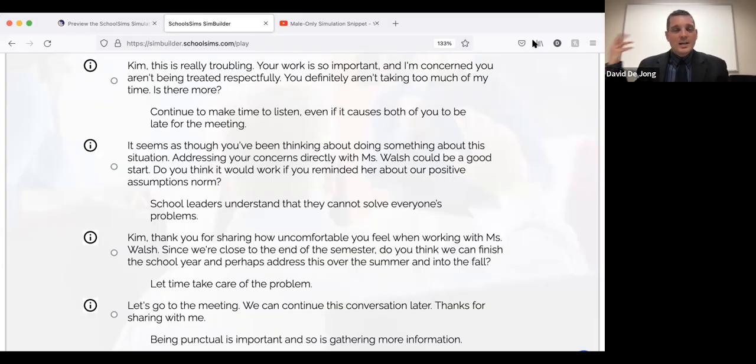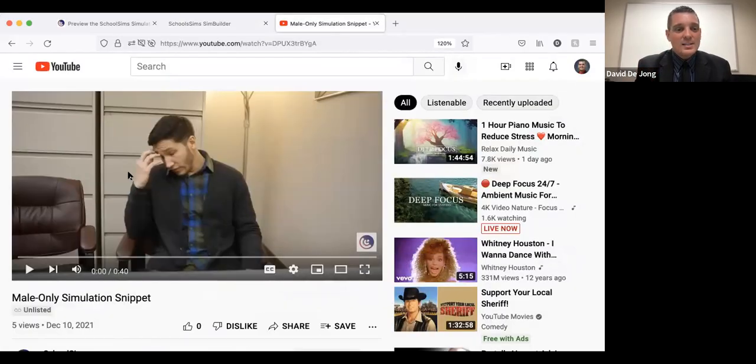district in a country a long ways from the United States say that they wanted to use this sim, but they couldn't use it because it had female actresses in it. Because in that context, they could only have male actors. So they were like, we shot the same simulation with male actors. I'm like, you are kidding me. I go, show me that sim. So I got that sim, and this is what the beginning looks like. I'll play just a quick clip for you.